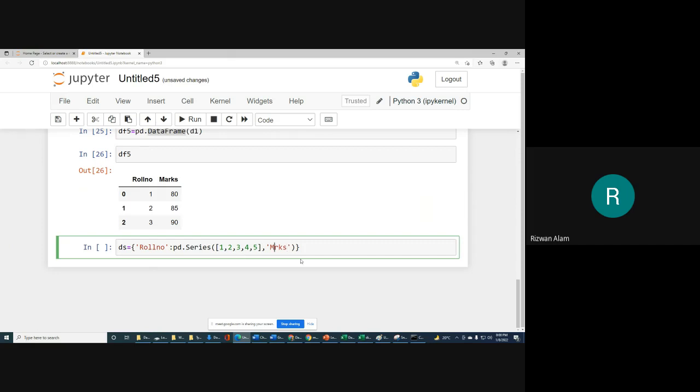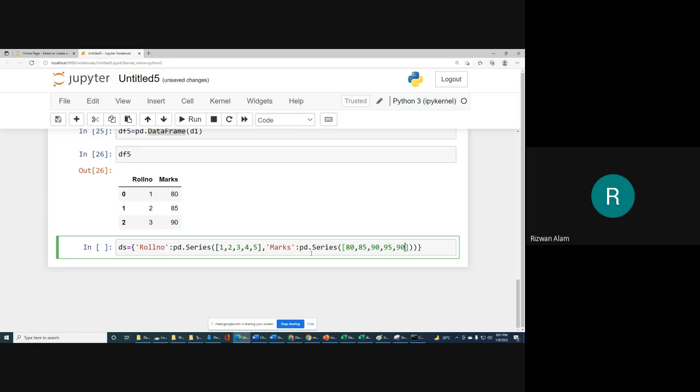This string marks will be the key, and for values again we will use a series, and in that we will use 80, 85, and any values you can give.